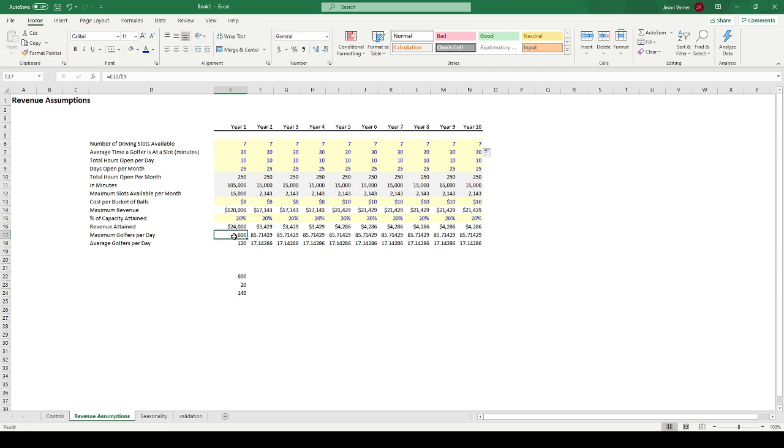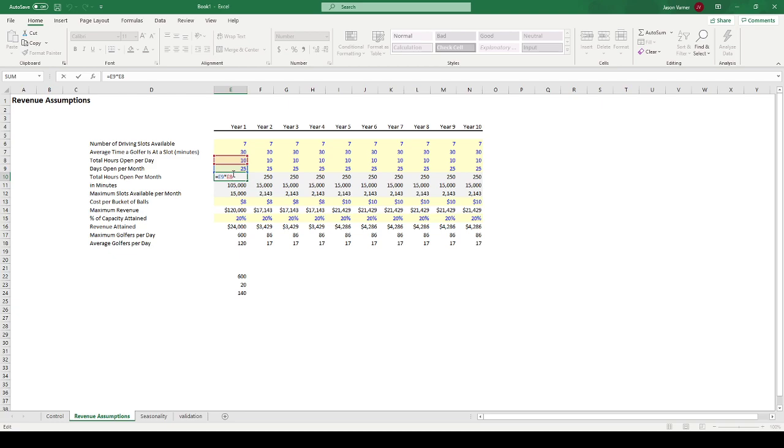Now we're cooking. All right, this makes more sense. So 7 slots open. Each slot has the ability to do 250 hours, right? Because every slot is open for 10 hours a day. That's 250 hours a month. Now you times that by 60 to get the amount of minutes, and then times that by 7. You've got the total available minutes is 105,000 per month. Then you do that divided by the slots to get